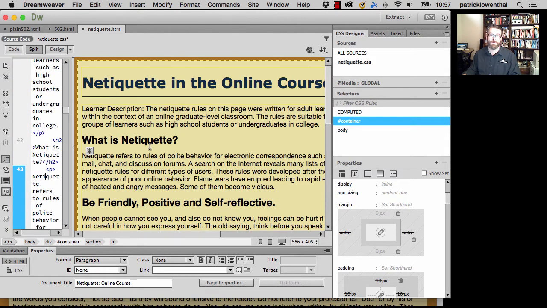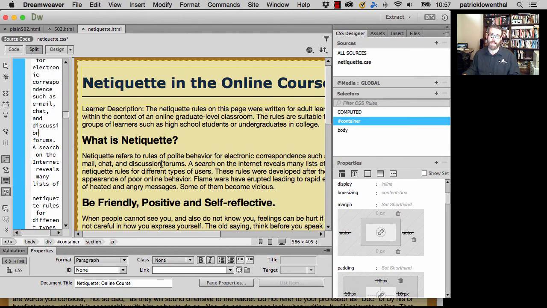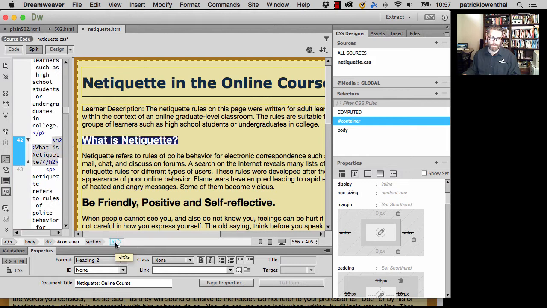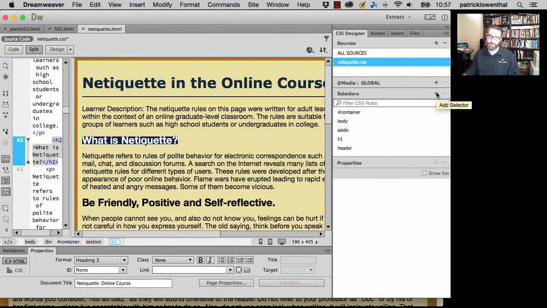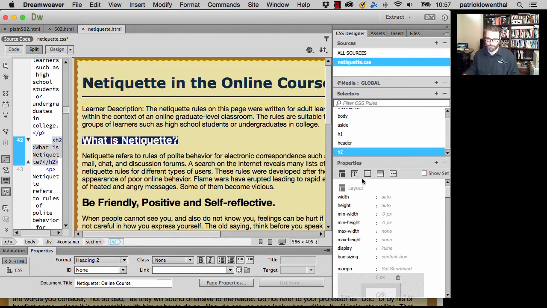Now you'll notice that there's the same amount of white space above and below it. The design principle of proximity says that we actually want to decrease this white space between the header and the text that follows to visually show that it's a chunk of information. So I'm going to click on H2, click the plus sign, and